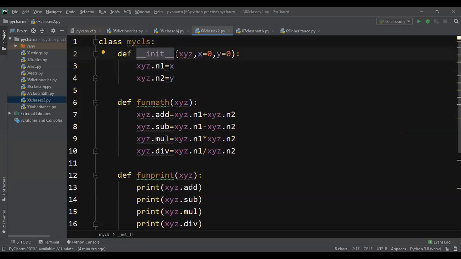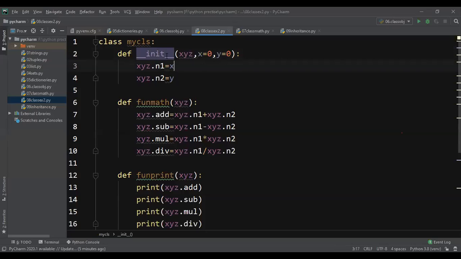I think it is clear to everyone what the difference is between the constructor and method. The constructor will be called automatically at the time of object creation for the particular class. But if it is a function, after creating the object, we need to call the function. So that is the difference between the constructor and a function. Of course, a constructor is also a function, but that is a default function. So that constructor will be called automatically when you create the object.